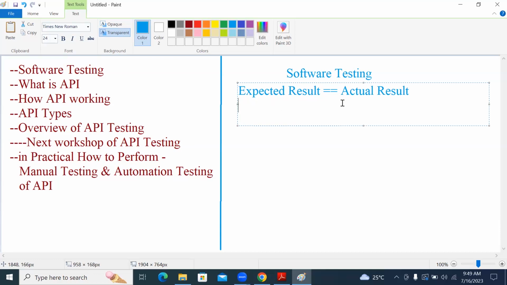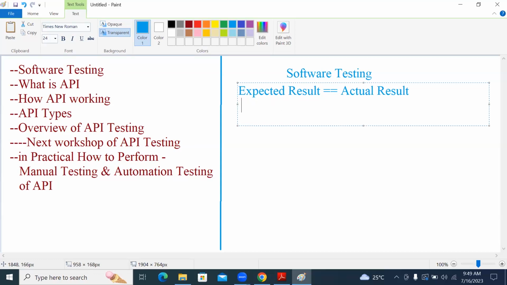What is meant by expected result? See the terminology, guys. The terminology itself we can easily understand. Expected result: that means we are expecting some result. So what exactly is the result you are expecting?